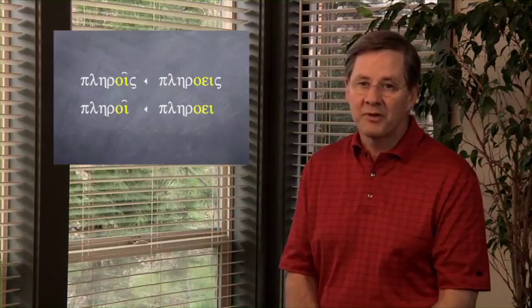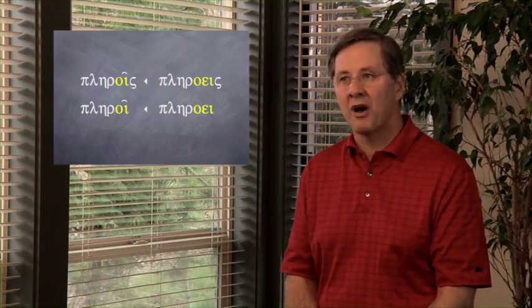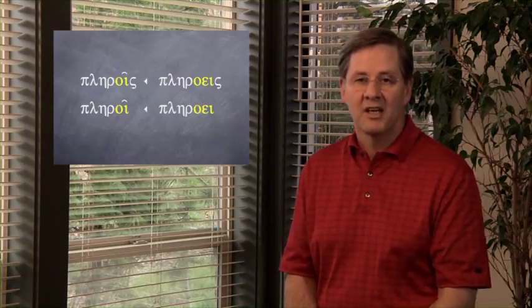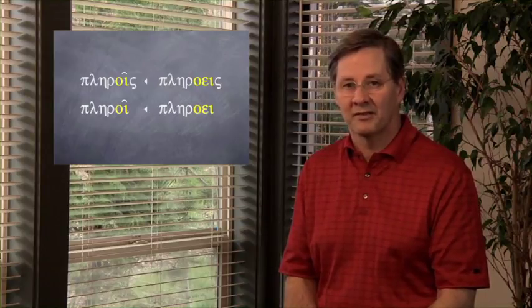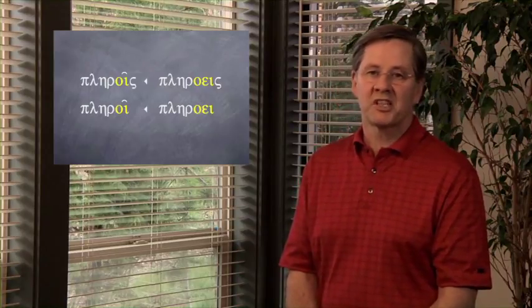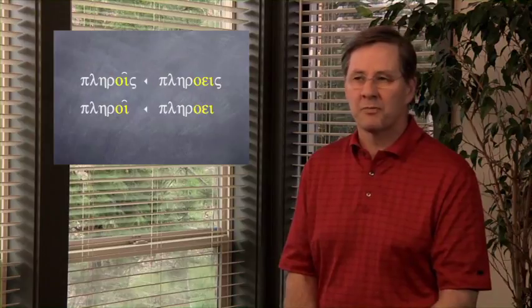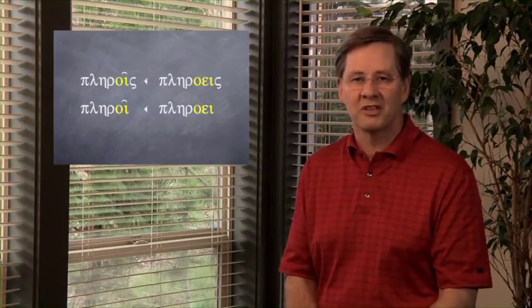And in the third person singular, you have plera plus epsilon iota, which is going to go to pleroi. Okay? So rule 6 has to do with those 2 specific forms. And like I say, they're tricky, so you need to make sure you understand them. I'm going to skip rule 7 for a second. I'll come back to it.